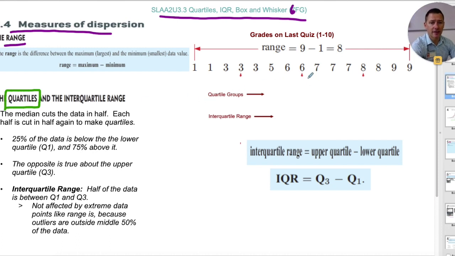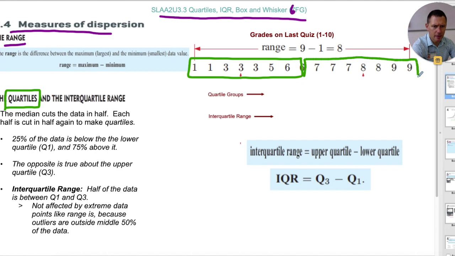A quartile, as it sounds, breaks the data into 4 even chunks. So 1, 2, 3, 4, 5, 6, 7, 8, 9, 10, 11, 12, 13, 14, 15. So I think this is going to be the middle. This is going to be my bottom set of data, and that's going to be the upper set. So 1, 2, 3, 4, 5, 6, 7. 1, 2, 3, 4, 5, 6, 7. Great. So we've broken the data into the top half and the bottom half, and then the quartiles are within that,